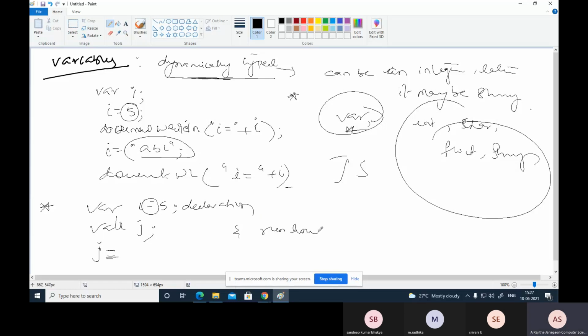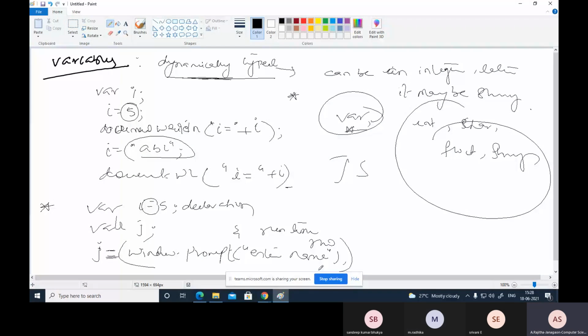Runtime in the sense what? Suppose here I am using the window object's prompt method. Some window is displayed where you can enter a name. It is a string, which just gets stored here. Suppose instead of a string you enter a number, say a roll number.